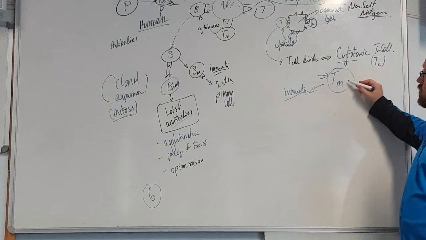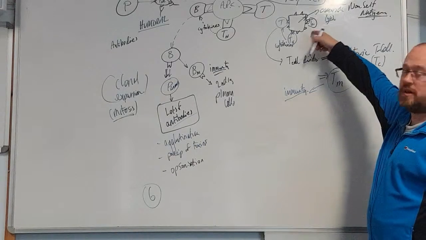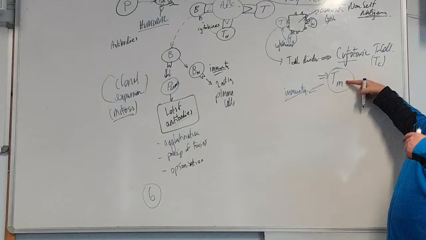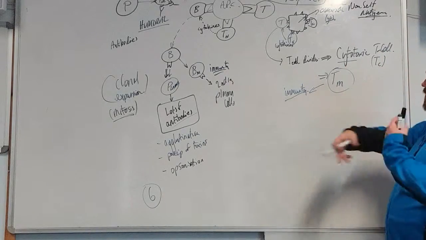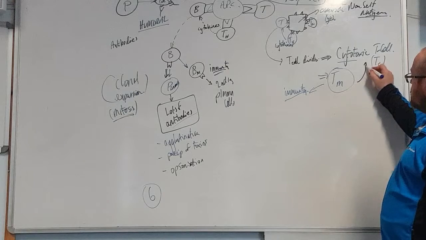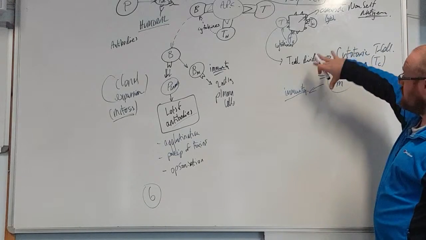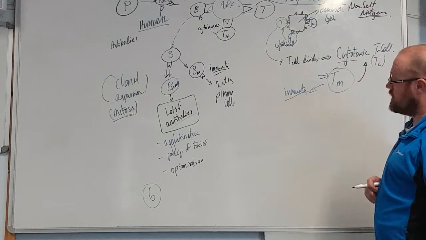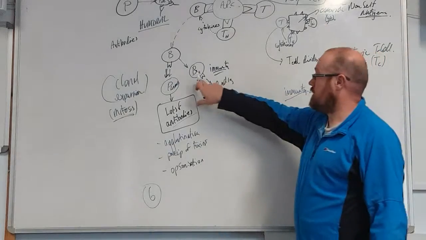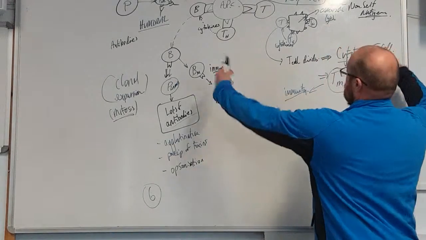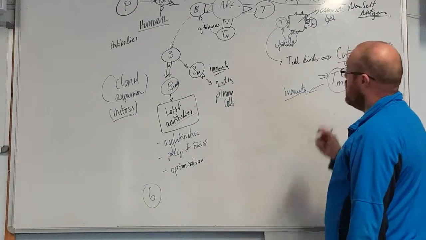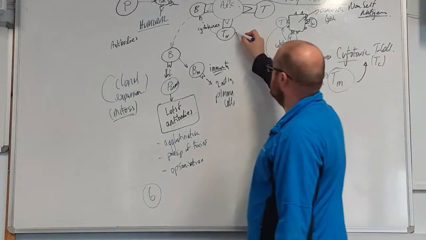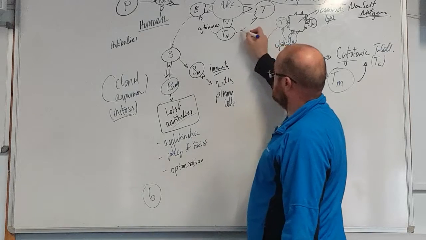If this comes across a given antigen, and every T memory cell is complementary to a given antigen, straight away it will differentiate, form more cytotoxic T cells, and bring about the death of all these infected cells. So just like the B memory cells, we don't need T helper cells to activate the memory cells. Something else that these cytokines will also do,